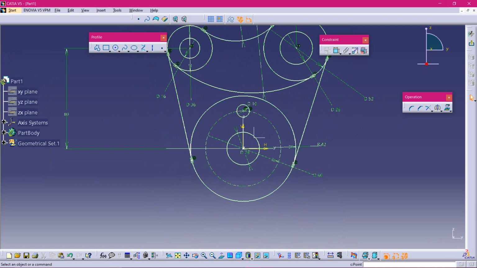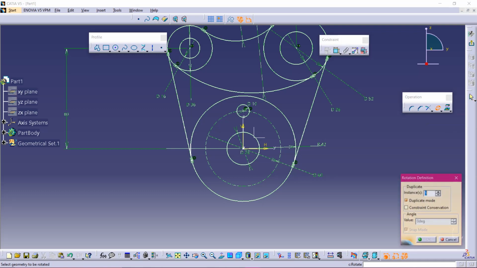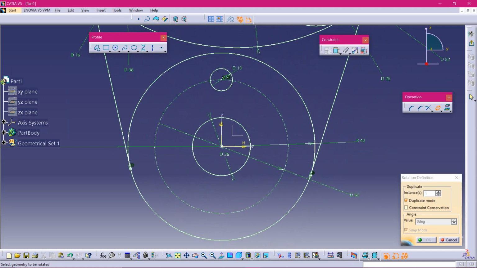There is a command, see here, you find it in the Operation toolbar: Rotate. See here in Rotate, you will have Duplicate mode on, let it be on, because when you select 8, on this circle it will create another circle. Remember, you have to delete that circle first.